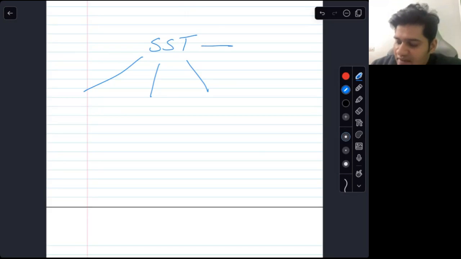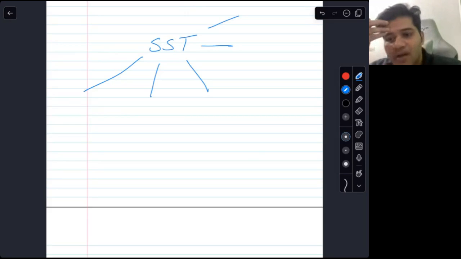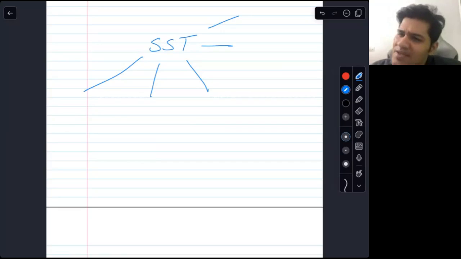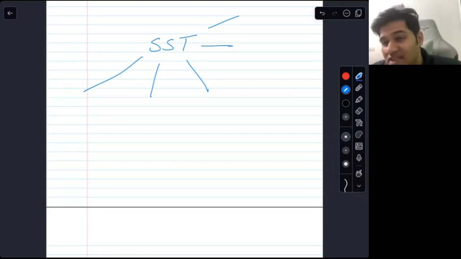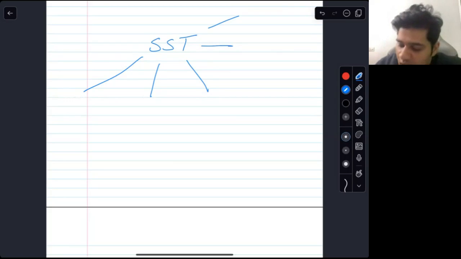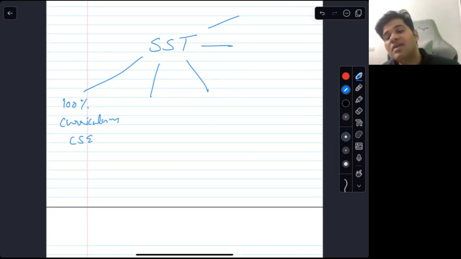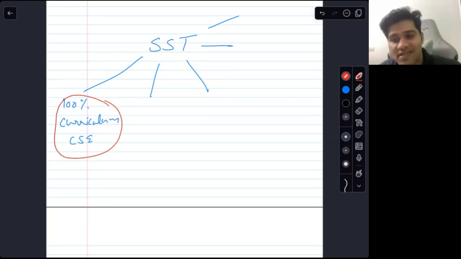I see it for 5 points. One, in a usual engineering college, even when you are doing a computer science degree, 50% of your curriculum is computer science and 50% is chemistry, maths, sometimes even physics. So a lot of other stuff, at least 50%. In SST, 100% of your curriculum is computer science. So for a lot of people, in many places, they go to their college to have their degree, and then they have to go elsewhere to have extra knowledge, so that they could be relevant for companies, which is not true for SST. So 100% of your curriculum is CSE.